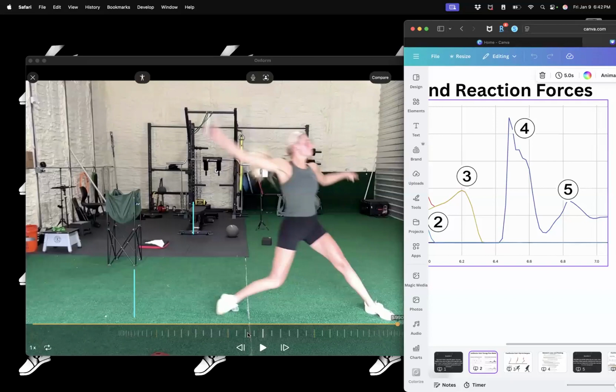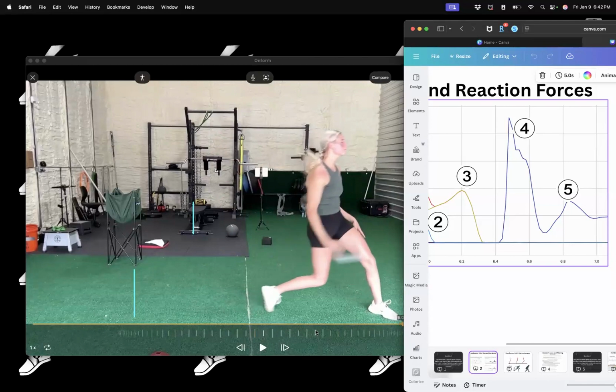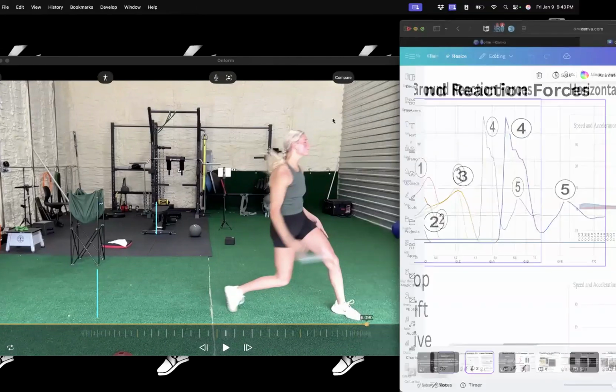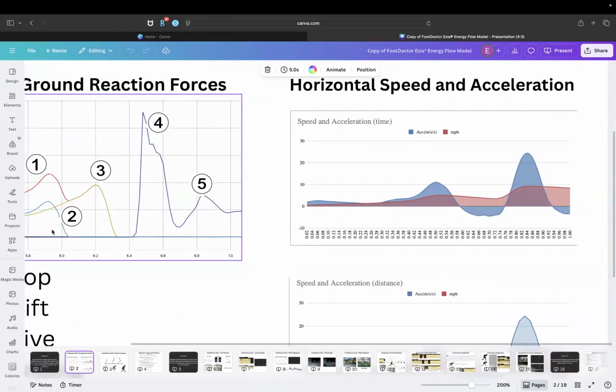We just call it landing. Who cares? And then 5, you're going to see an additional spike. That is when we reaccelerate, when the body comes crashing through from our drive into this foot again. That's why we get into the spike. And if you'll notice, now that we've gone through those, there's the timestamps at the bottom. Okay. Time landing,